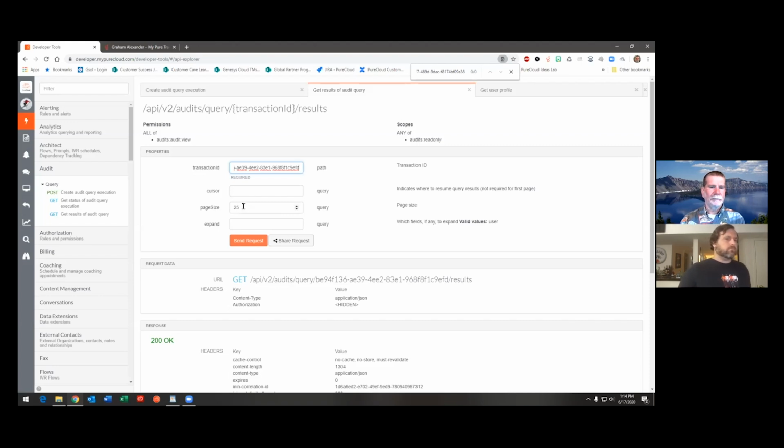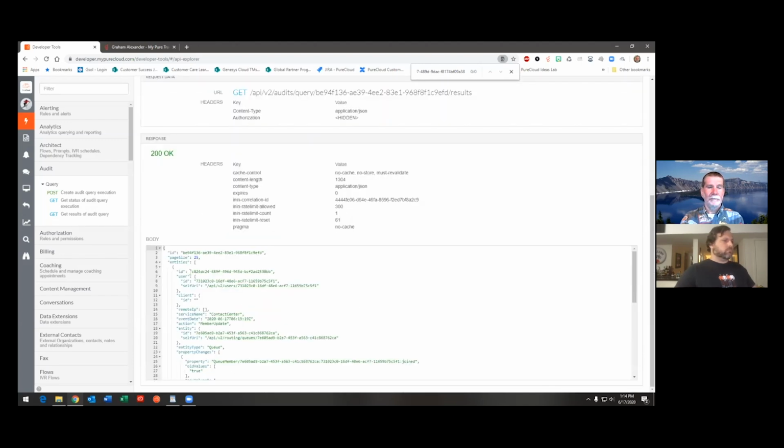But you have to put in the page size, how many results you want back at one time, and then the cursor, you have to tell which page you want to look at. So if it has 1,000 results, you'd have to figure out which page within that 1,000 results you want to look at. Cursor 1, 10, 100, whatever. But in this case, I'm just getting back a small amount of results, so I'll send the request. I can see here, results came back. Now this is maybe a little bit less readable than people would like.